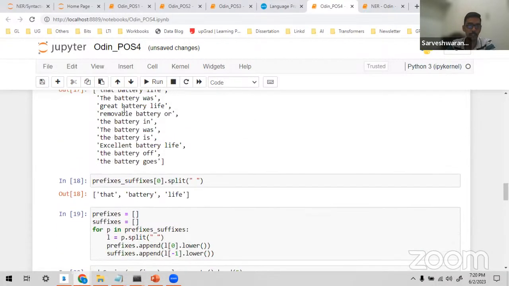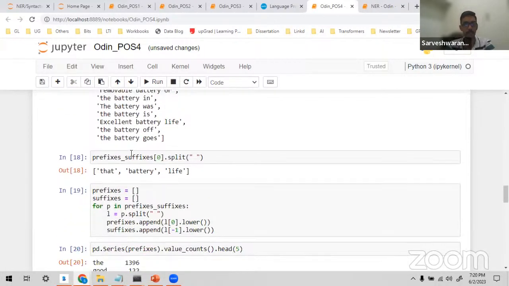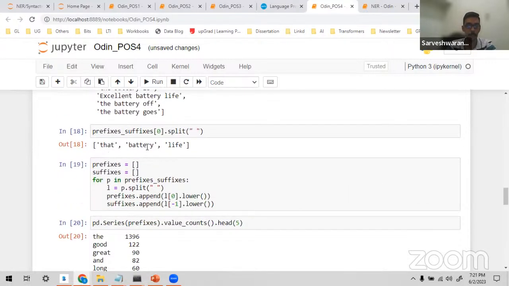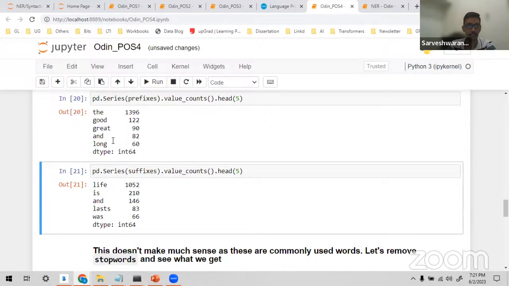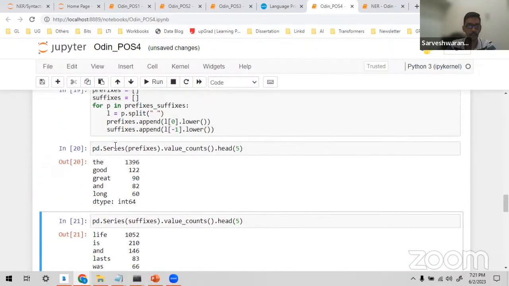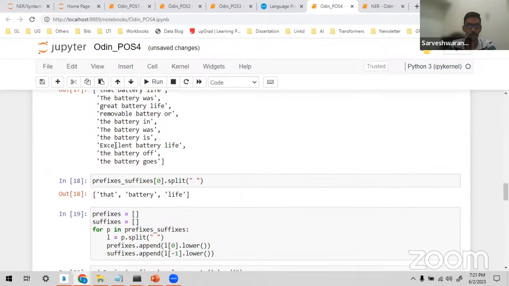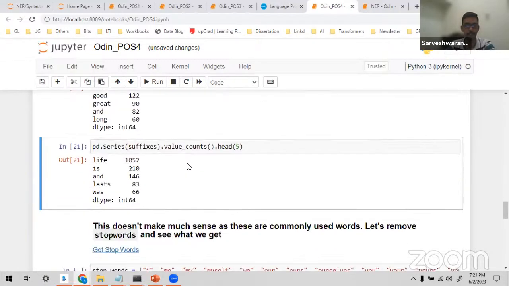You can see the long battery was present somewhere. Here it is, that battery life. So all the prefixes and suffixes are stored here. I'm just taking a few of them, just 5 of them.